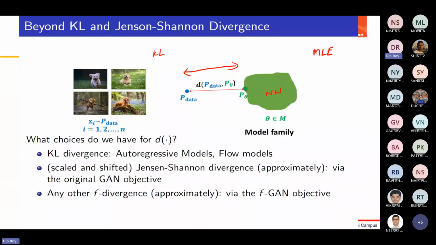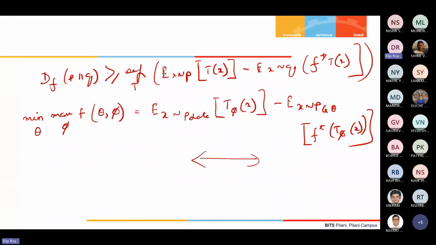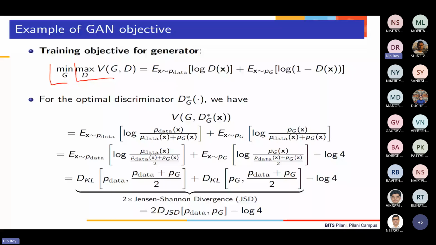Now, in doing this, we never talked about any distances or anything. But when we went through this particular objective function, which is essentially the min max function, and did some derivations on it, we found that this objective function is nothing but a form of distance, which is called the Jensen-Shannon distance.